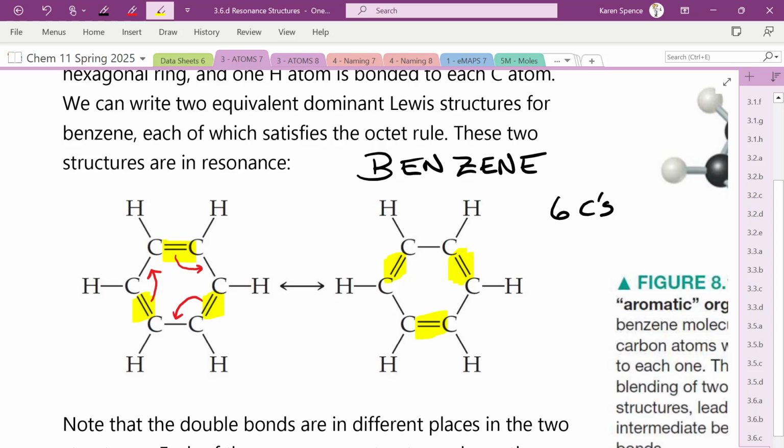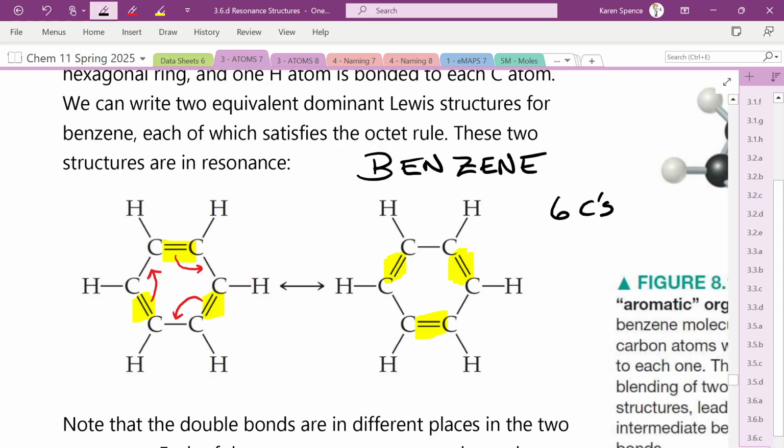Is that really what's happening, though? Are they really flipping around? Flippity flip? No. What we really have is 3 bonds, and each bond can be in 2 different places. Yeah? So each bond, there's,